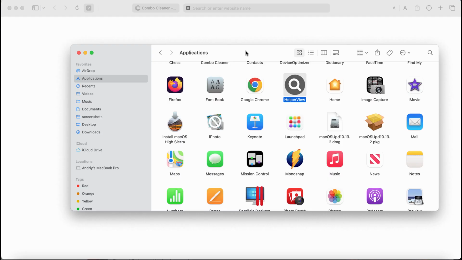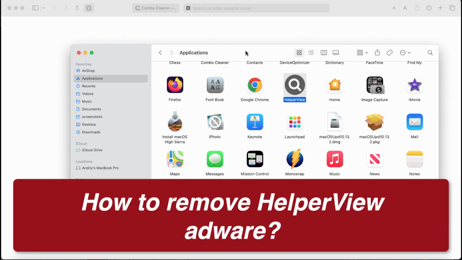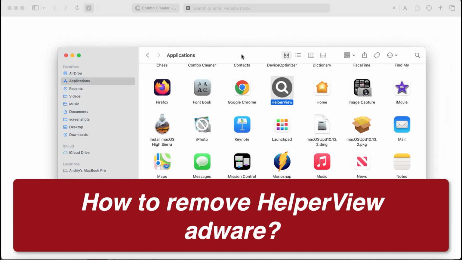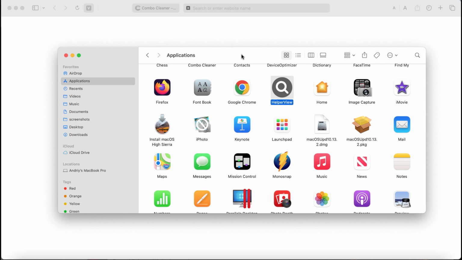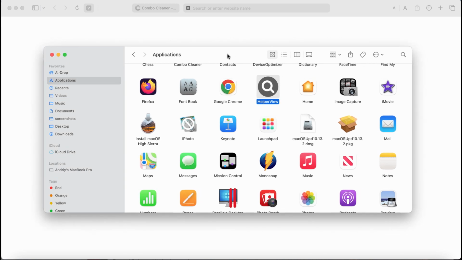My video will provide you with help to remove the adware called HelperView. HelperView is a new adware from the adload family of adware type infections. Once installed, this HelperView adware may periodically display really intrusive advertisements that are not related to the sites that